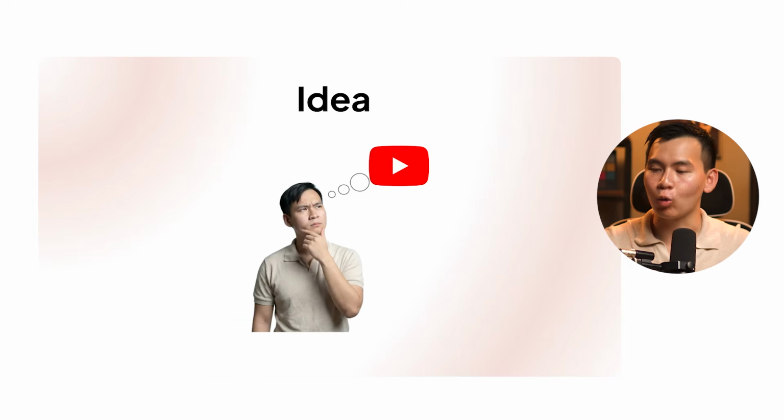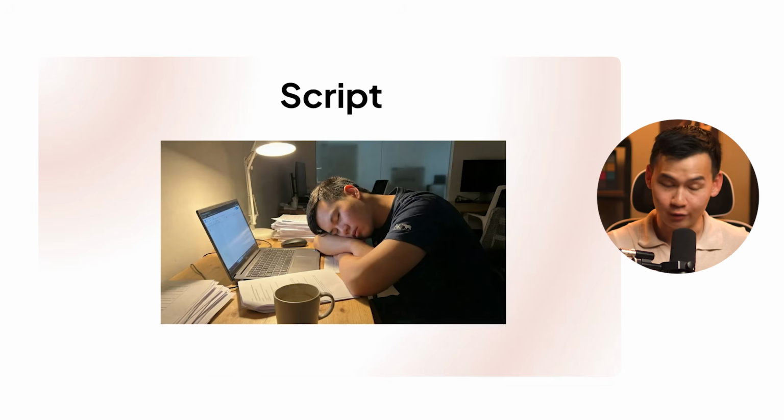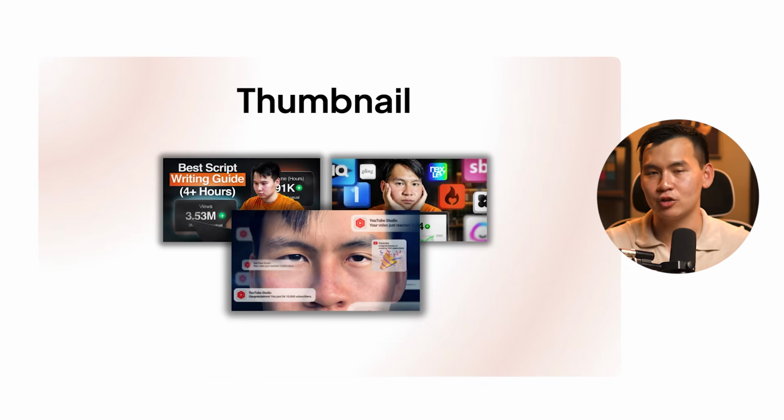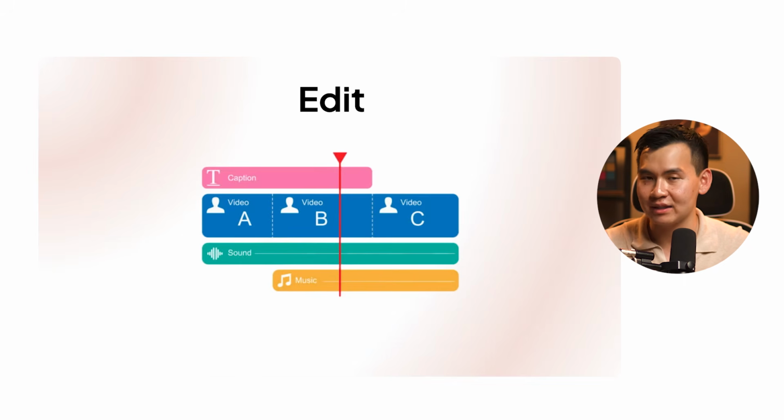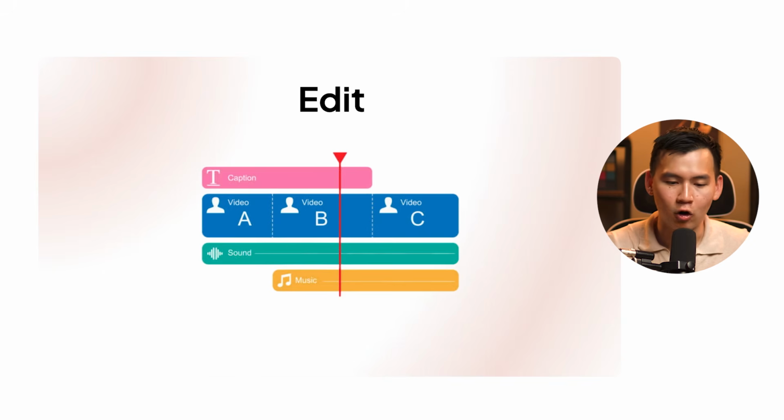So this is the entire workflow of creating a YouTube video. It starts with the video idea, and then we go into the script, and then once we have the idea and the script done, we start creating the thumbnail so that we can actually get the click, and then we design graphics, and then we use some of these graphics inside the editing process, whether that be A-roll or B-roll, and then we edit the video fully. So I'm gonna show you how to automate every single part of these steps and how you can use AI to save, honestly, a tremendous amount of time in this entire workflow.